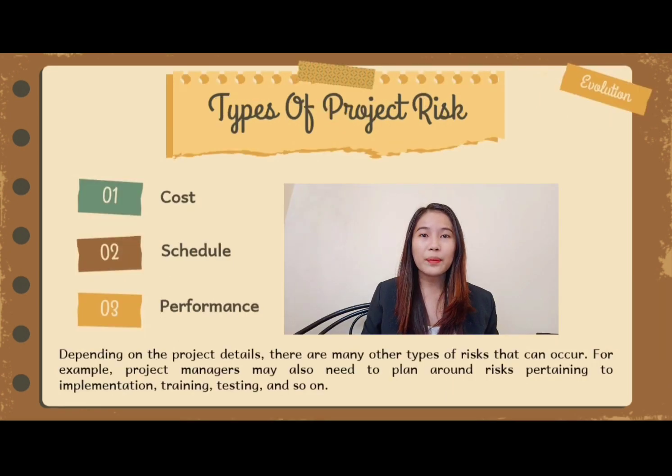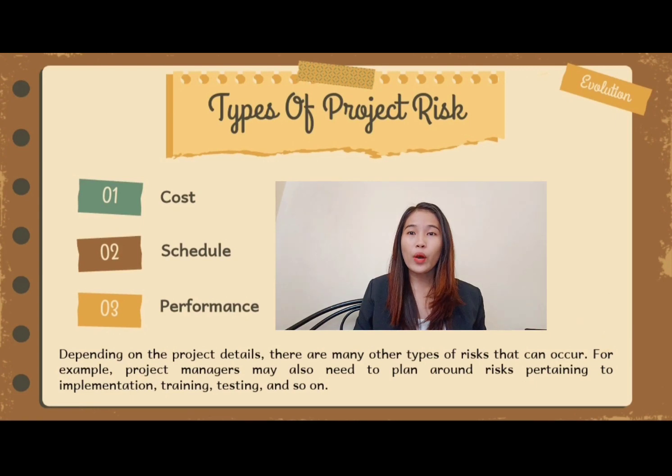There are several types of risk that occur frequently regardless of the specifics of the project. Number 1 is cost. The risk of events that impact the budget, especially those that cause the project to be completed over budget. Errors in cost estimation commonly generate risk in addition to external factors.